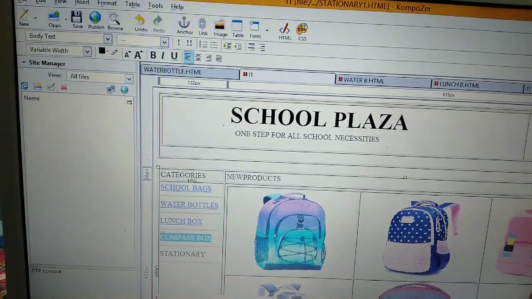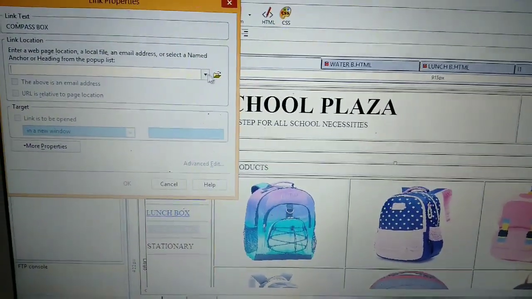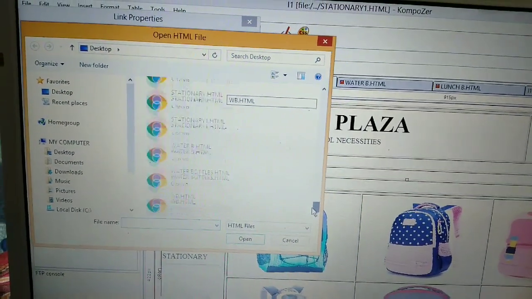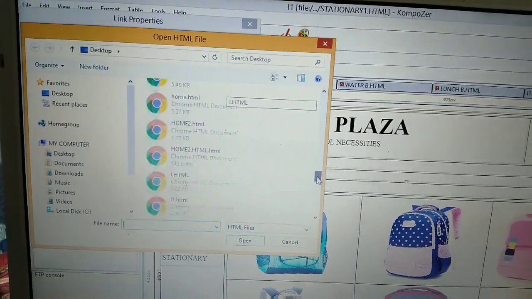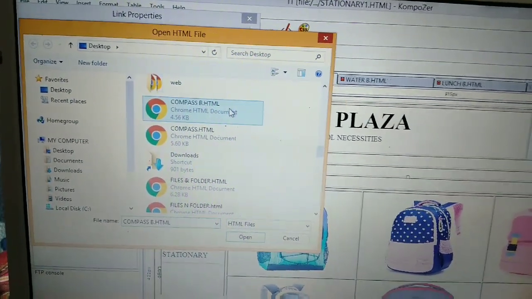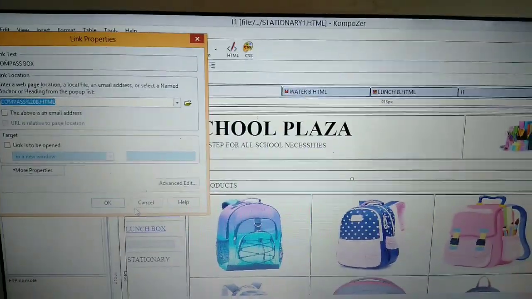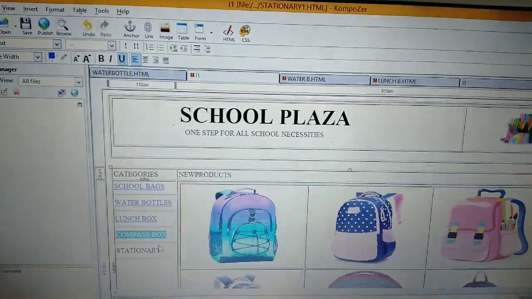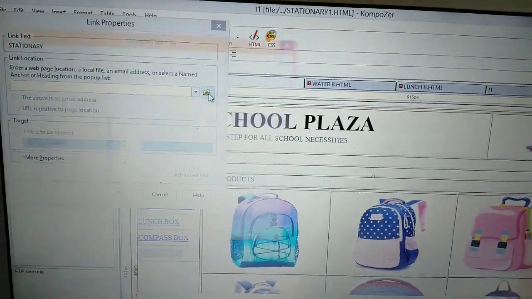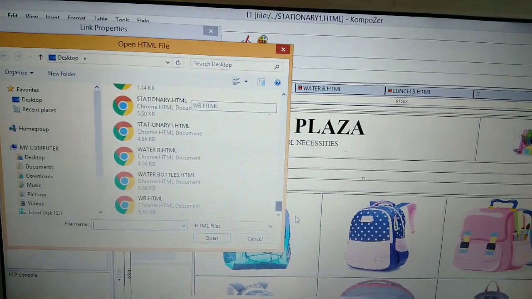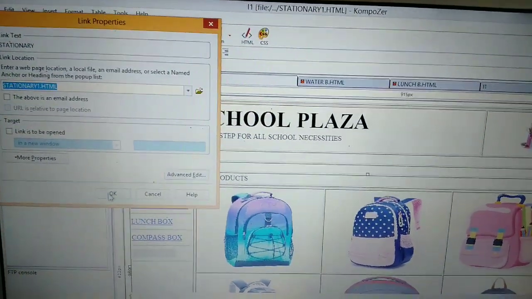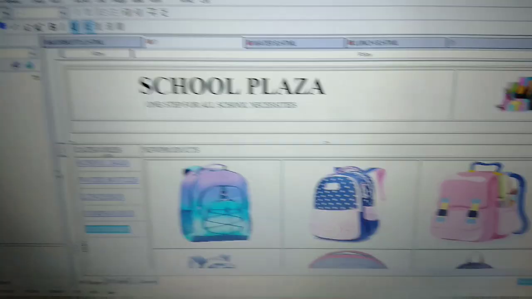For compass box similar way, Ctrl+L, link location, compass B, okay. For stationery same, Ctrl+L, link location, stationery 1, open. Okay, so can you see the hyperlink?